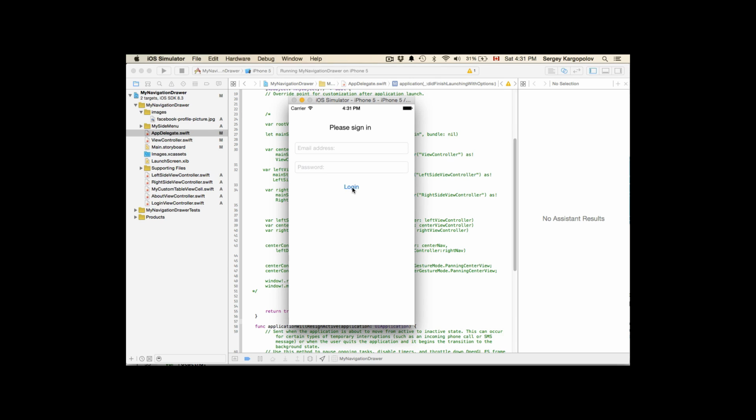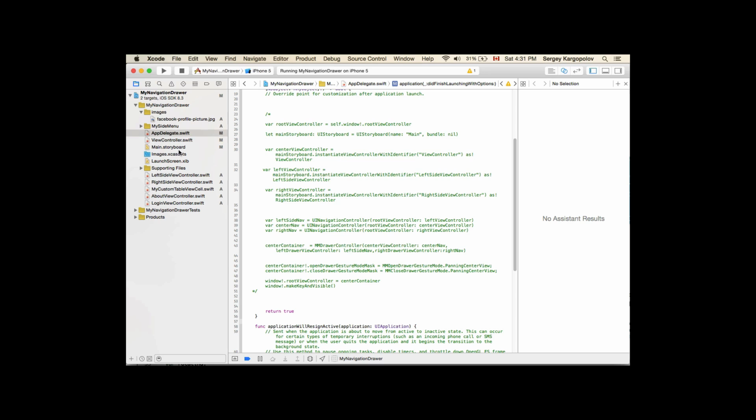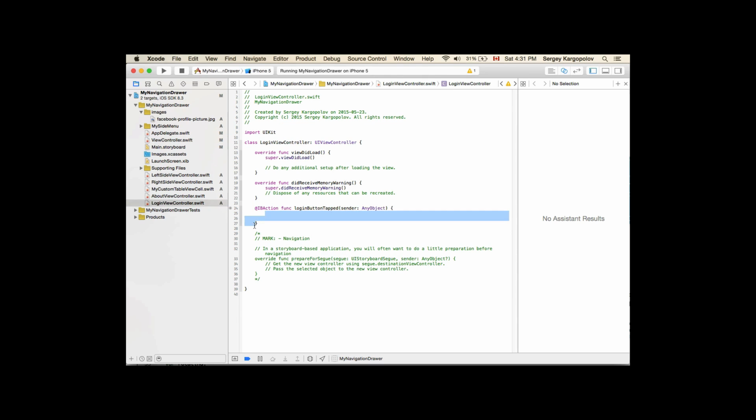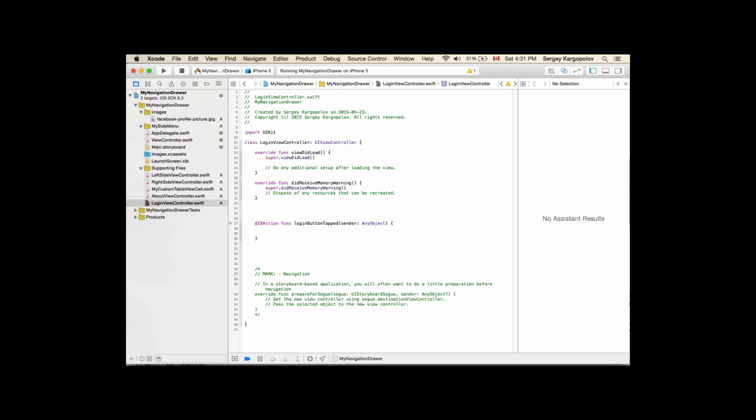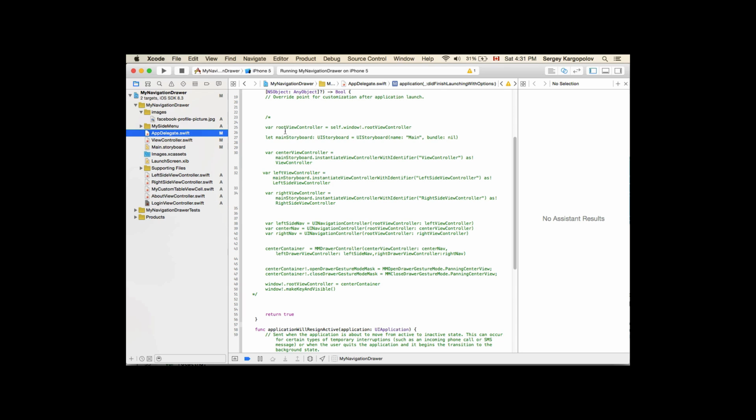but when I tap on the login button, even though that function gets executed, it's empty. It doesn't have anything. So if I go there, it doesn't have anything here. So now I need, when the user taps on the login button, to execute some code here that will take me to the navigation drawer. And I will simply reuse this code that I've just commented out, because this is the code that creates the navigation drawer. And I'll copy it,